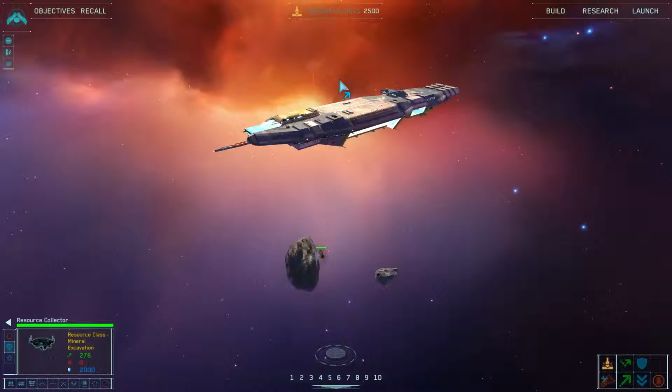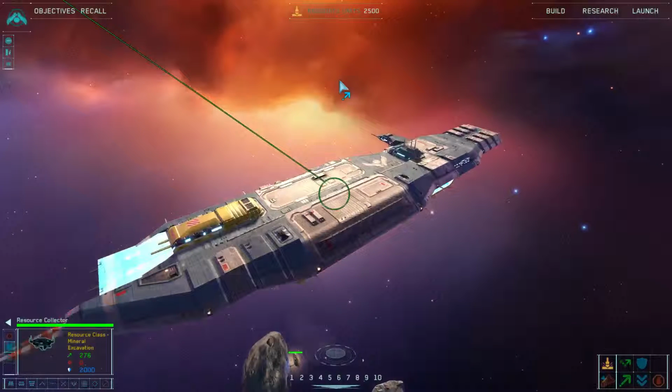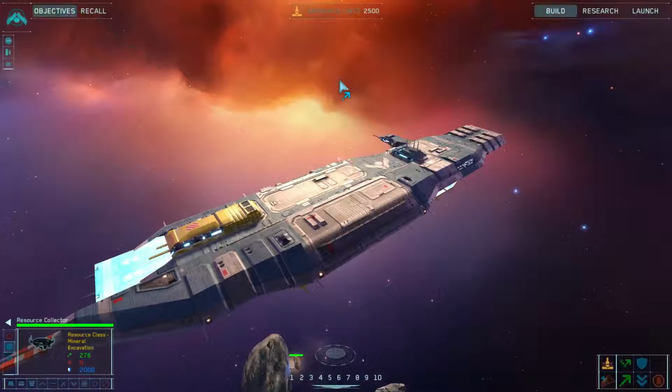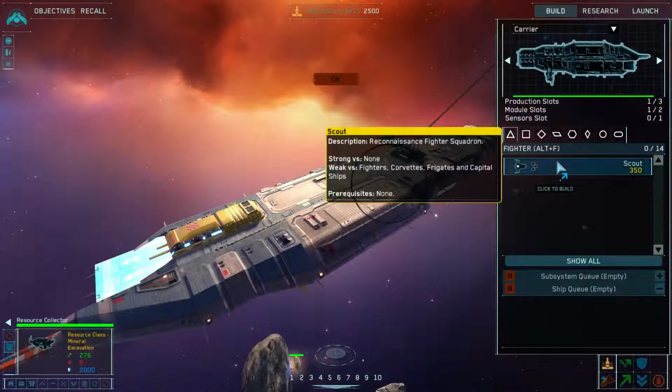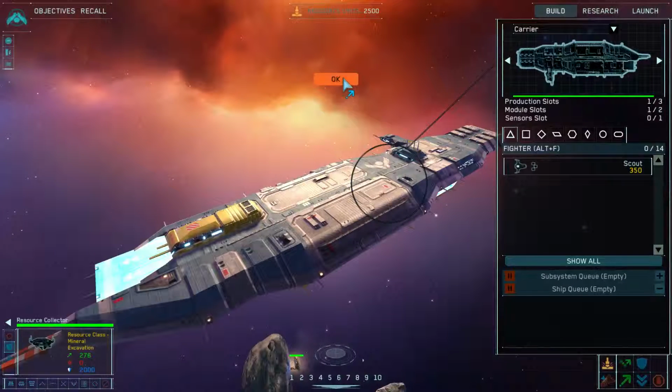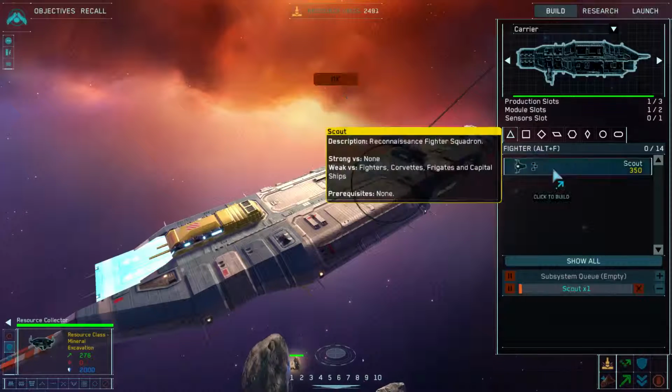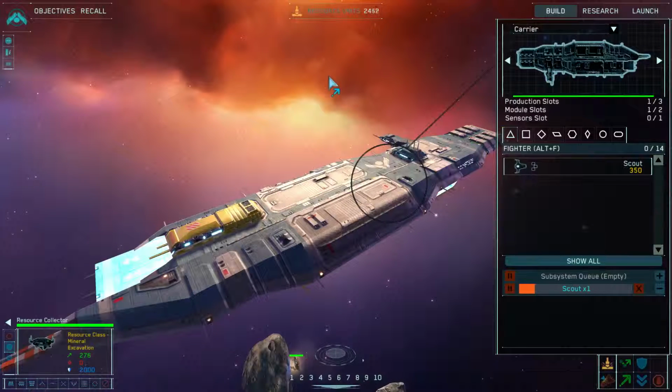Click OK to continue. Production ships, like this carrier, can build ships. Click the Build button, B, to open the Build menu. The currently displayed menu shows the available fighter-class ships that can be built. Click OK to continue. Click on the Scout icon to begin construction of a Scout squadron. Notice how the